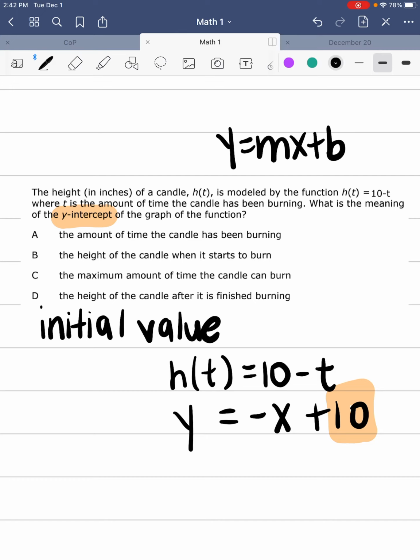So the amount of time that the candle needs to be burning, that's not going to be true because the initial value is going to be the initial height. So the height of the candle when it starts to burn, which is correct because we want to know how tall the candle was before it starts to burn. We don't want to know after it's finished. That's not right. And the maximum amount of time for the candle. Anything with time is not going to relate to the initial